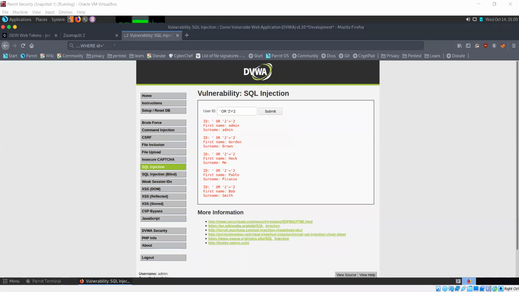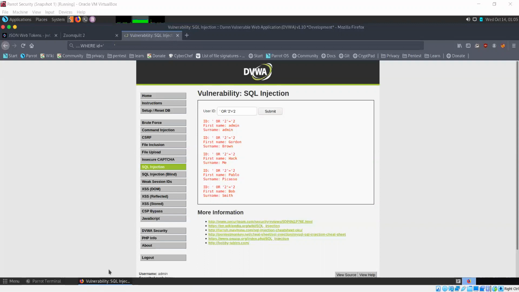But we want to get even more data. Currently all the data we have is the first name and the surname, but we want to find out even more things about the database and about users from this table. So before I move on to that, there is another concept in SQL that I would like to talk about. That is UNION.